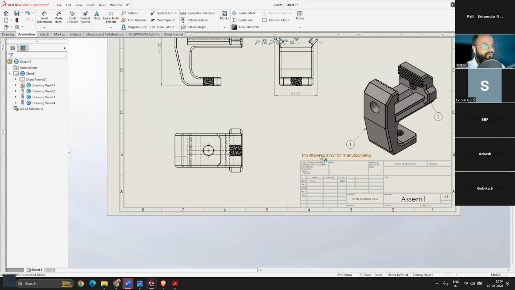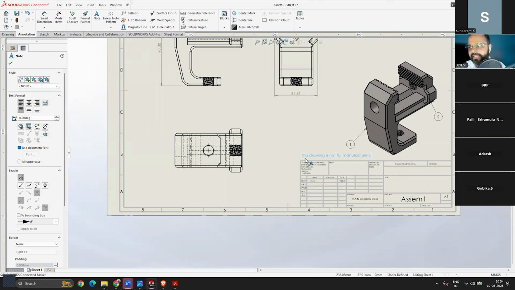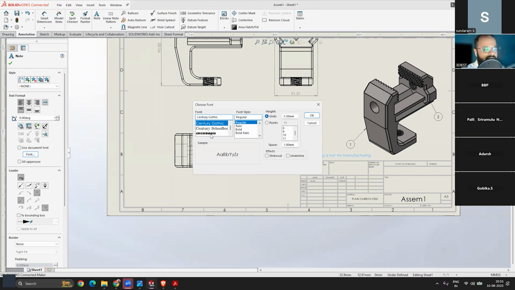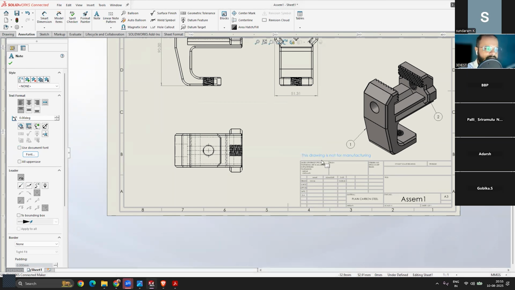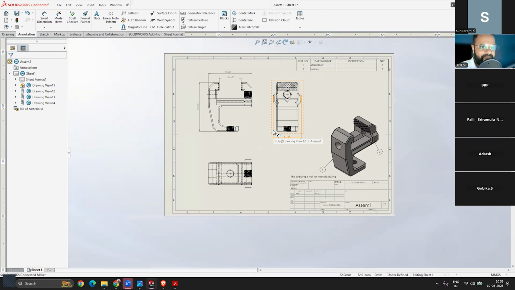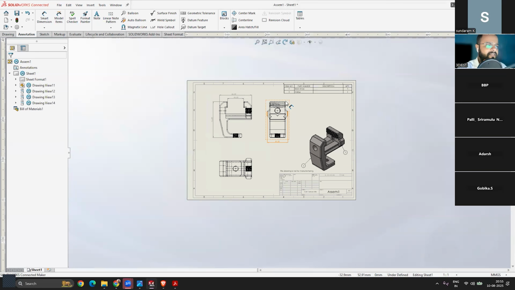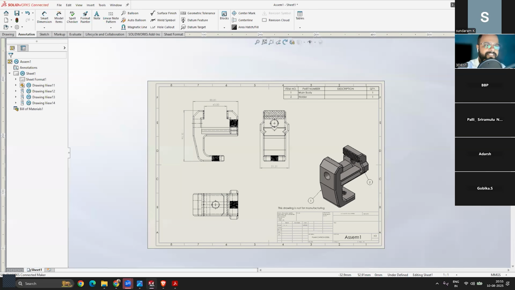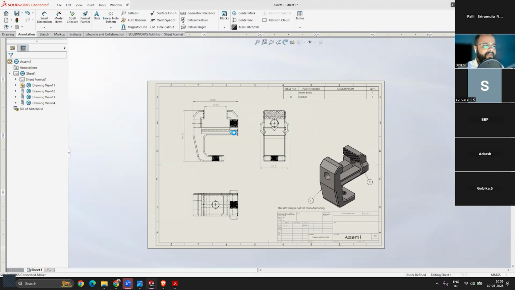And if you want to change the text size of these notes that you have added, simply select that, and the moment you select it, you will be able to see on the left side the document fonts. If you untick this option, go on to the fonts, and then you can control the size, the font style, and everything from this option. I'm not going to change this one, but we have that option. Whenever you have started with any specific sheet sizes or sheet paper sizes, then you don't have to change these things. So this was all about creating a drawing file for the assembly. I will click on save to this file, and we'll close it.